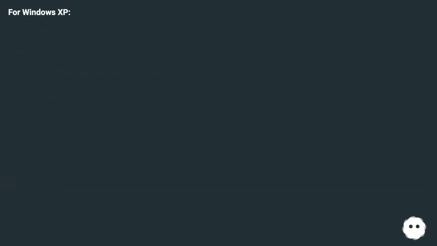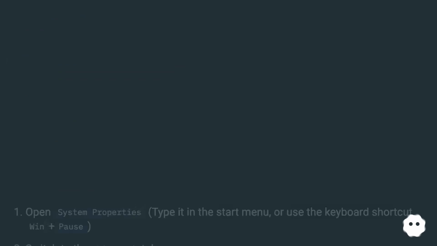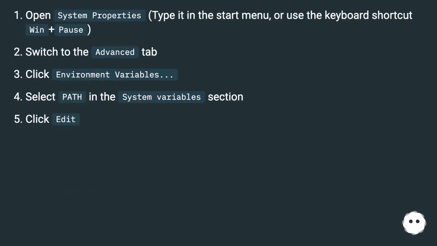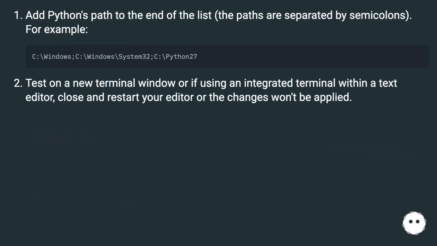For Windows XP, open System Properties, type it in the Start menu, or use the keyboard shortcut Win plus Pause, switch to the Advanced tab, click Environment Variables. Select Path in the System Variables section, click Edit. Add Python's path to the end of the list. The paths are separated by semicolons. For example,